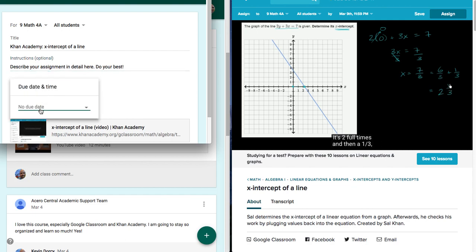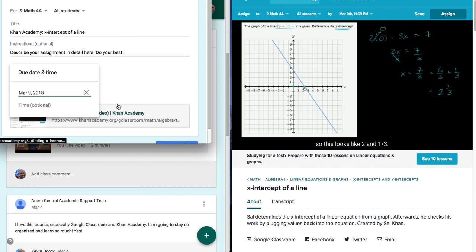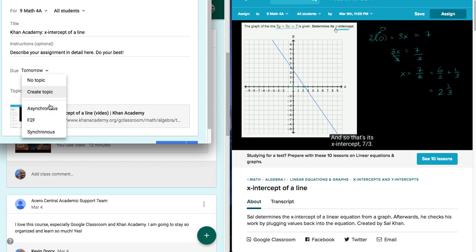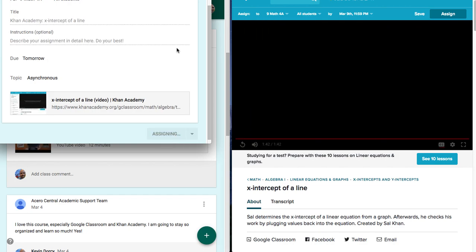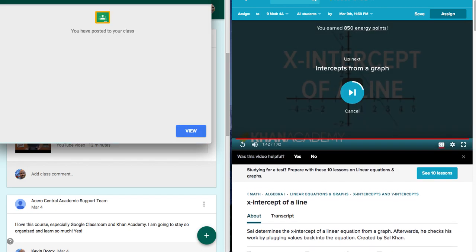You must select a due date. So why don't we make it the 9th? You can select a time as well. The topic, I'm going to put asynchronous there. And then here I can schedule it, save it as a draft, or assign it right away. So I'm going to assign this right away. Okay, now let's go back